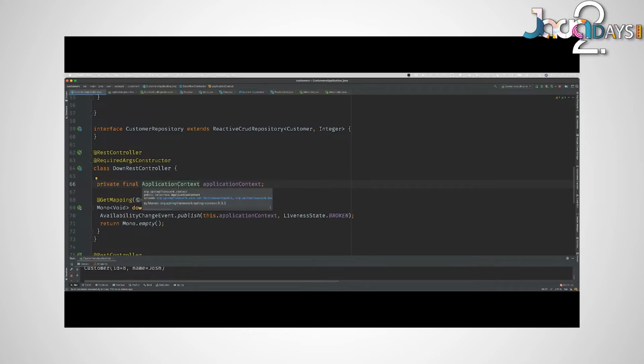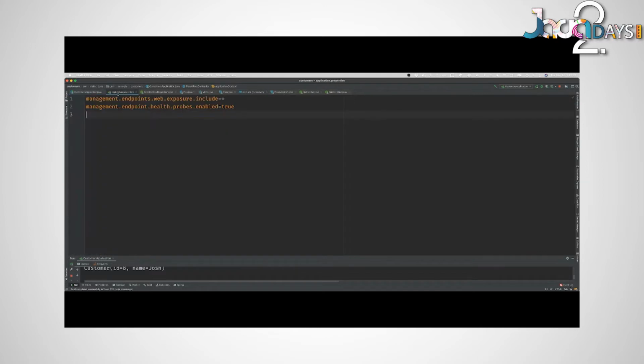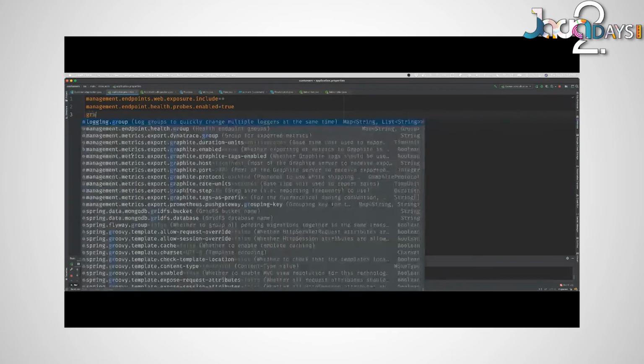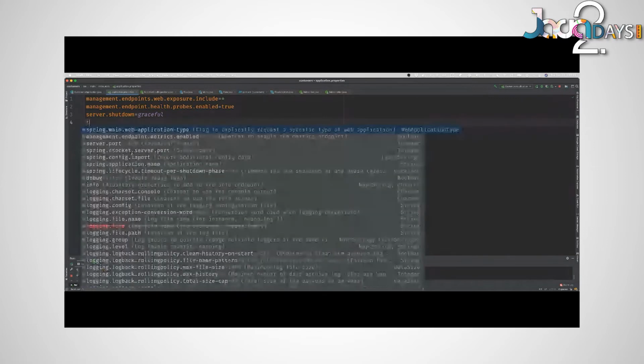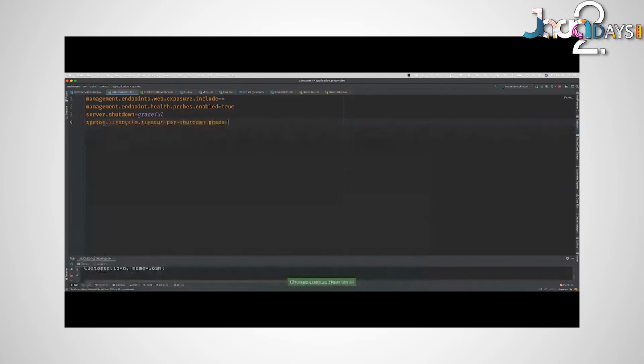So you can actually enable this graceful shutdown feature in Spring Boot as well. You can tell Spring Boot that I want my shutdown to be not immediate, but graceful. That way, it'll stop accepting new traffic, but it can finish any existing requests and anything that's in flight. And we can specify how long it should be, right? We can say that we want it to be 30 seconds. Okay, so this graceful shutdown thing is very useful for that.